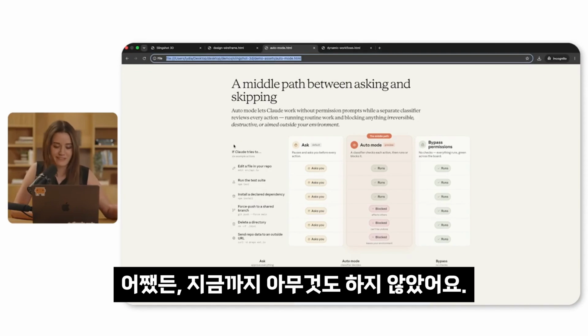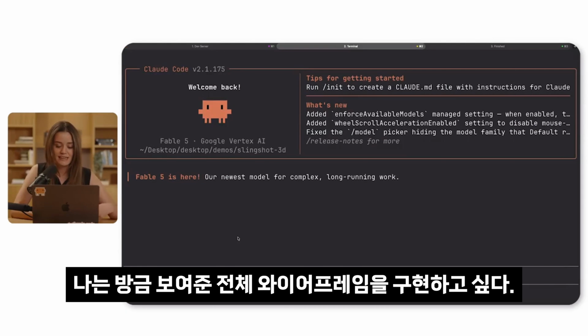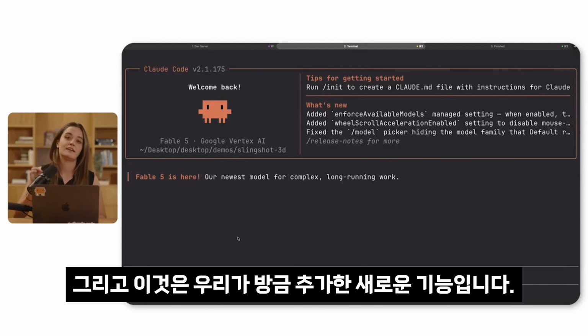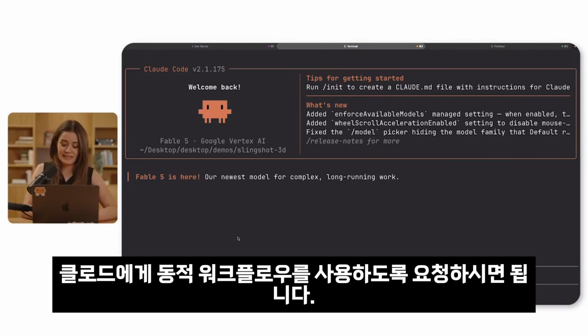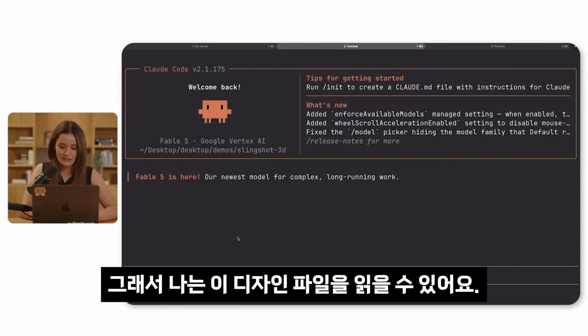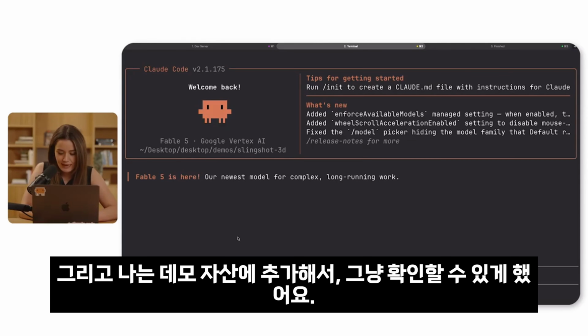But anyway, so far we haven't done anything yet. So I want to implement that entire wireframe that I just showed using something called dynamic workflows. And this is a new feature that we've just added. You just ask Claude to use a dynamic workflow. It's not a slash command, it's nothing else. So I can just do like, read this design file and use a dynamic workflow to rebuild the game and match it. And I added it to my demo assets so I can just see